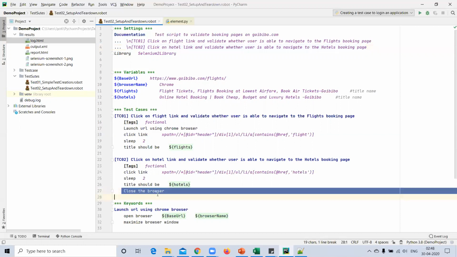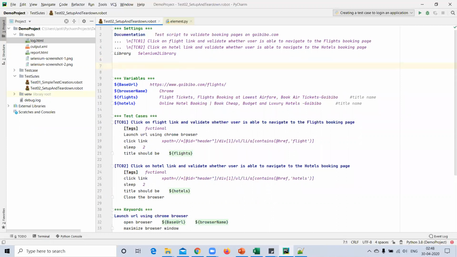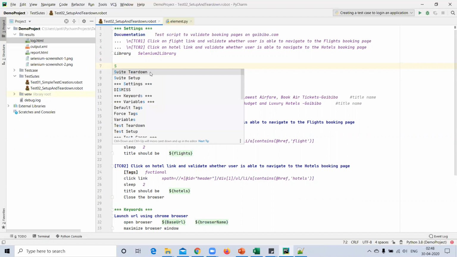So these methods we can place in the suite setup and suite teardown feature. So now I'm going to call this method via suite setup and suite teardown feature. So here is the tag, suite setup.